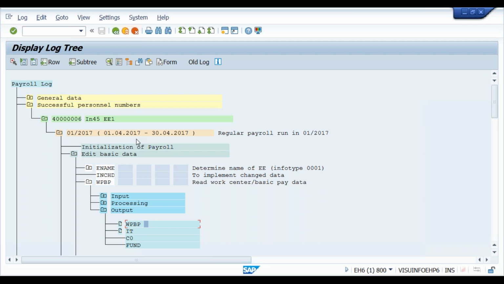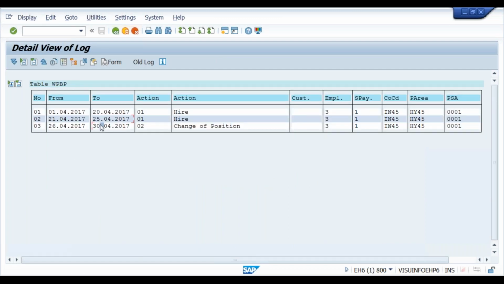Contract employees have different rules applicable, and permanent employees have different rules applicable. So you have to have a split in WPBP. If you do not split in WPBP, how would you know on which days the contract rule is applicable and on which days the permanent rule is applicable? That is why a WPBP split is created. Usually there would be one split, two splits, three splits, maximum four splits. You will not normally maintain that many data changes within a pay period. Generally two or three is common, but beyond three is a very rare case.